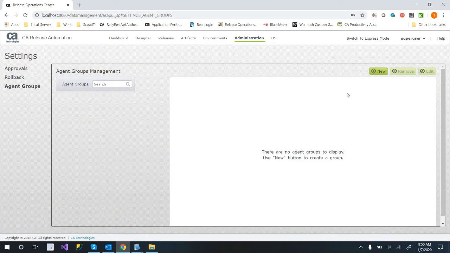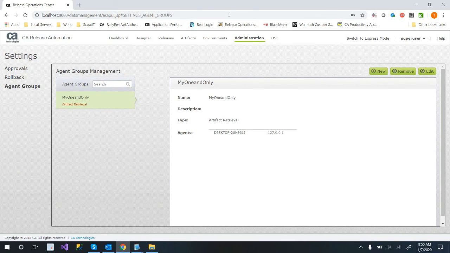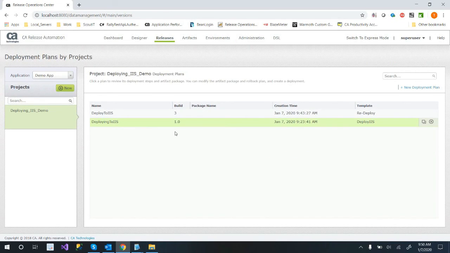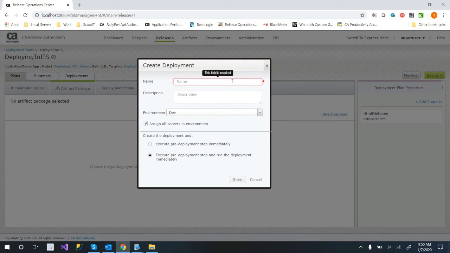Agent groups are here. If you have multiple groups, I don't really have one, but I could create one, just say one and only group. Okay. And then I can go back and do that other approval. That's all you gotta do. But since we showed you how to do it that one way, let's go do it this way. This one. I'm going to go ahead and deploy, and we'll say